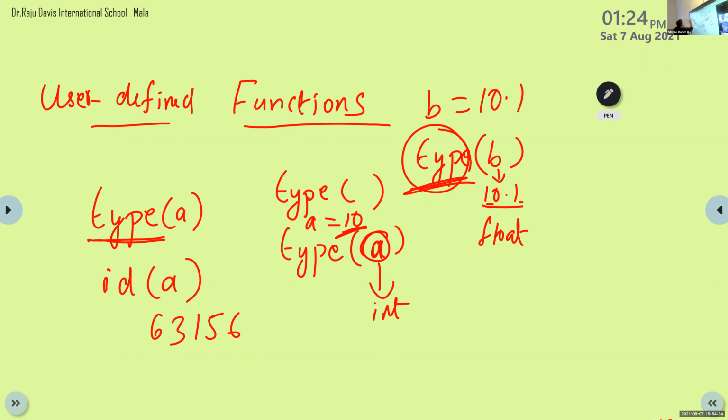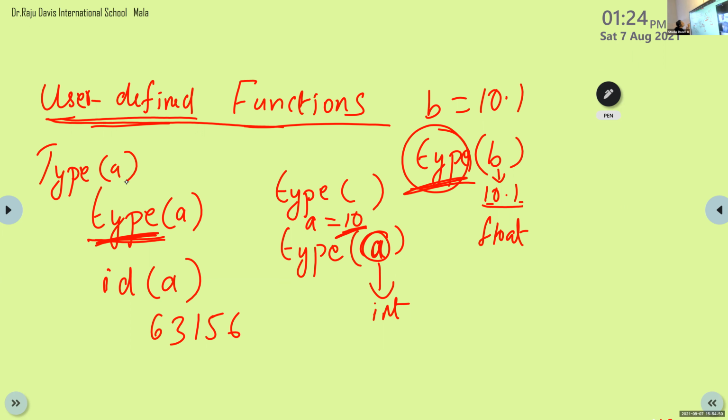But in the case of a user defined function, as the name itself says, the user wants to give the name for that function and define the function. But here, in a built-in function, we cannot change this name. This name is built by the system. We can't change type to something else.